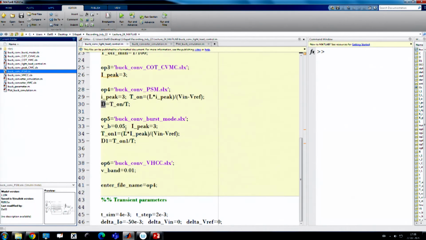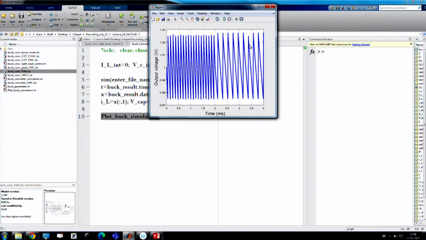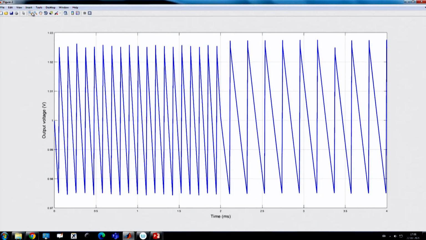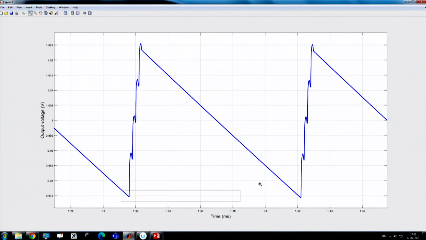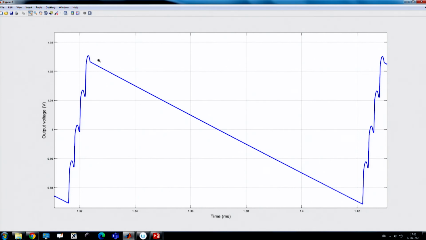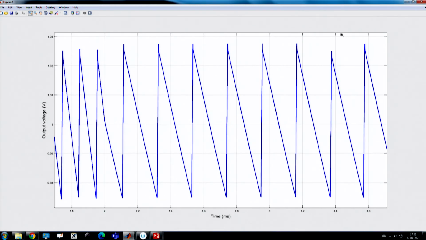We can go to our simulation of this. We also have a burst mode control which is option 5, so let us go to option 5 and check our burst mode control logic. If you see, it has multiple charge pulses within one cycle, and there is a hysteresis band. When it hits the lower limit, it undergoes multiple PWM clocks, and when it hits the upper limit, it simply turns off, and this process continues. Under light load, you see the effective switching frequency is decreased, or the time period has increased.